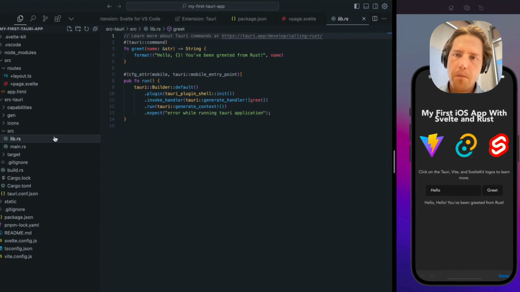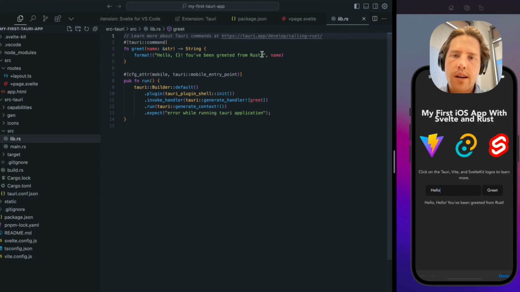So you can explore how to basically add it on there yourself later, but it's in that invoke handler function on line 11, you've got a generate handler, and if you just attach the greet function or any other function that you need